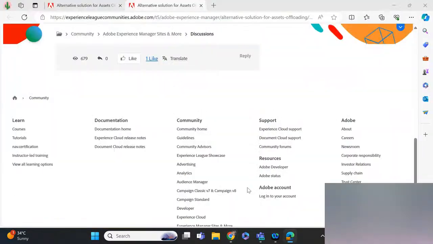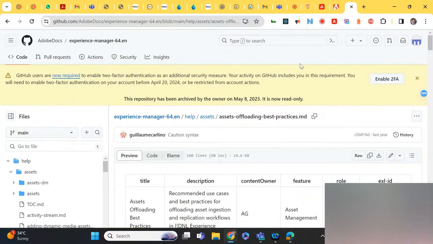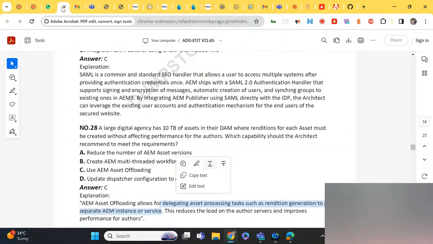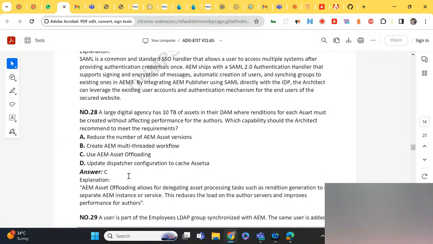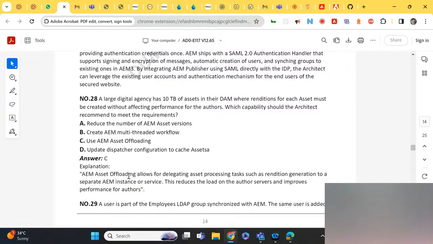So this question, I think, is an older 6.4-time question. So if it is available, that is the answer. If it is deprecated, then they might give a different question and answer. Basically, asset offloading moves some of the processes for creating renditions and so on to a separate instance, which identifies and offloads the jobs and makes sure it works further.